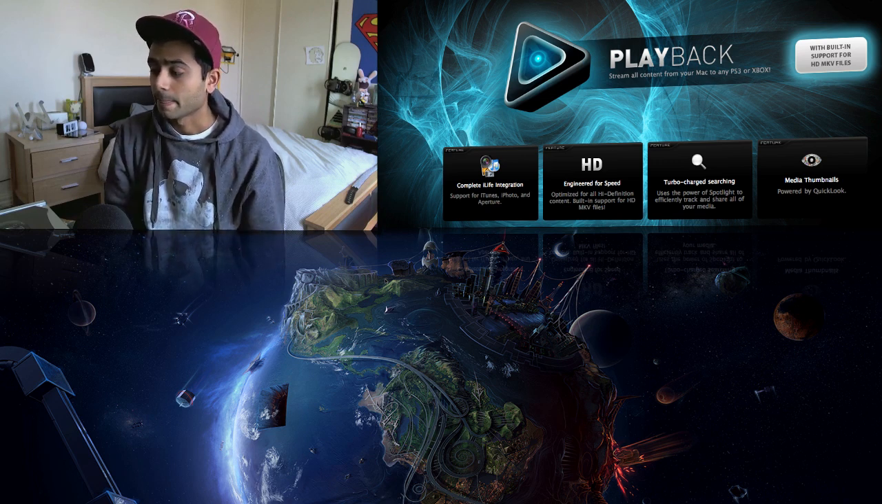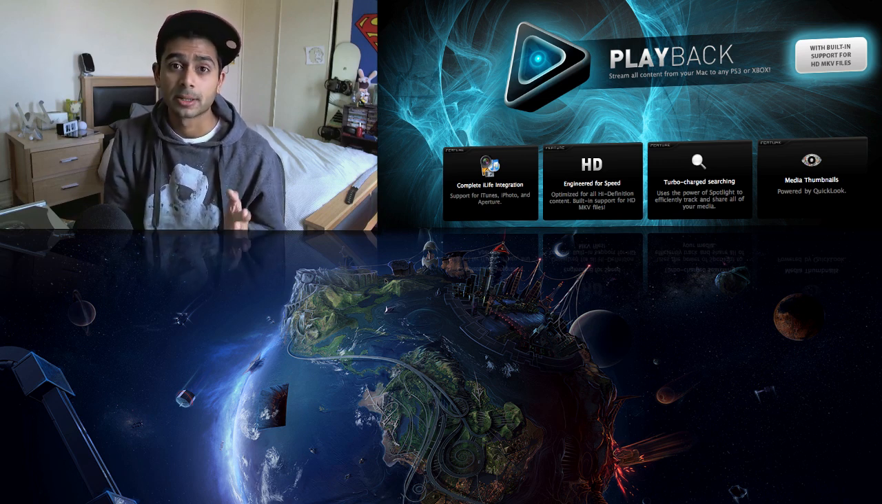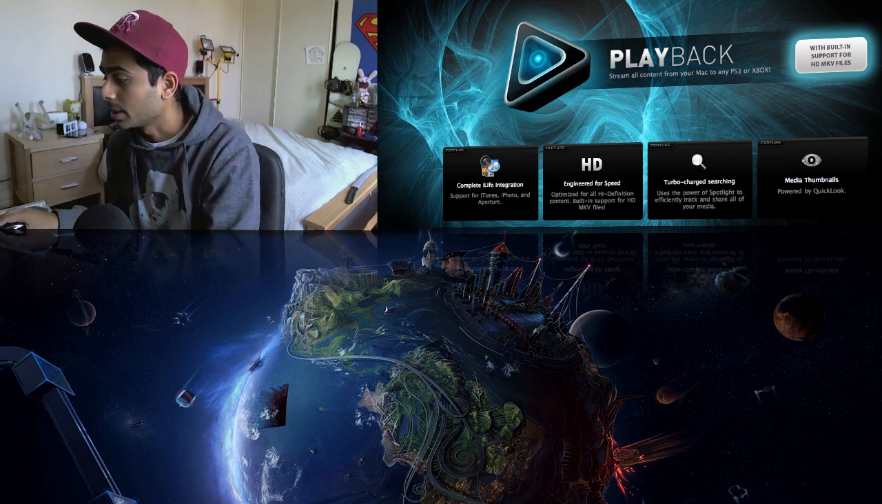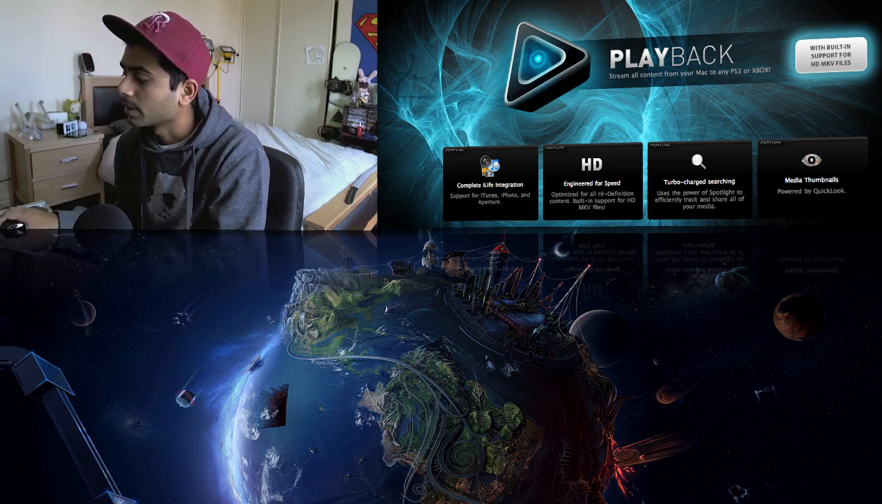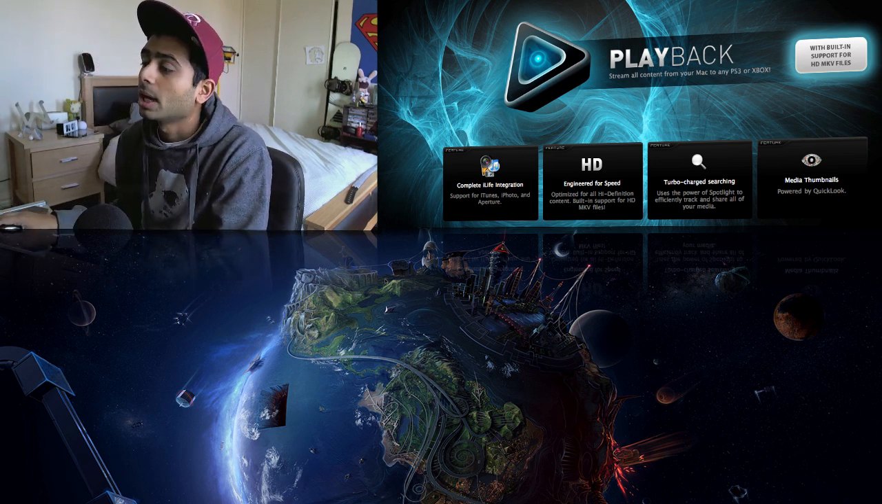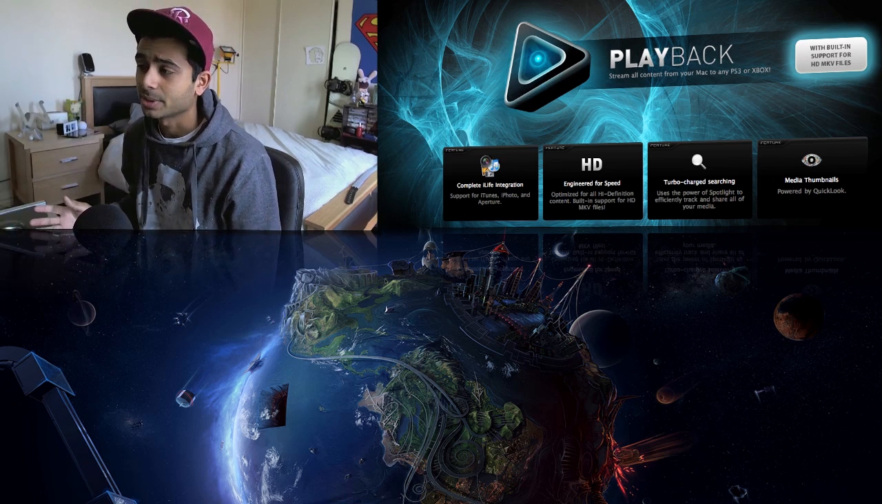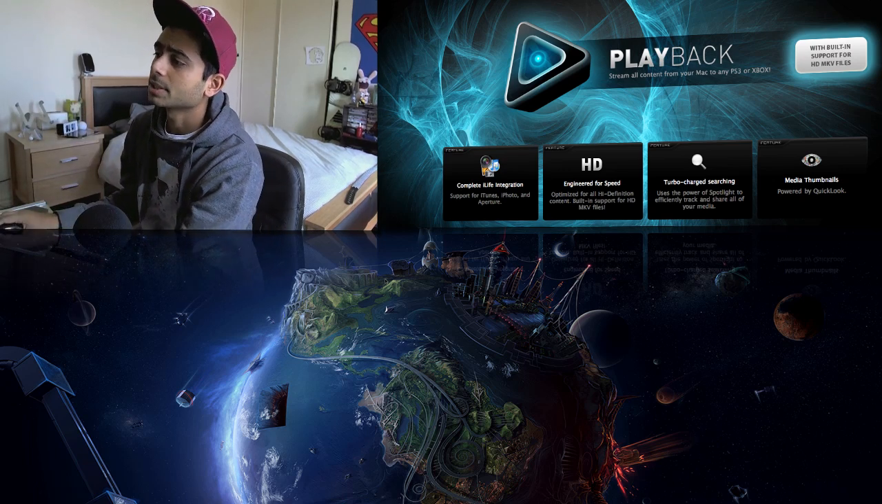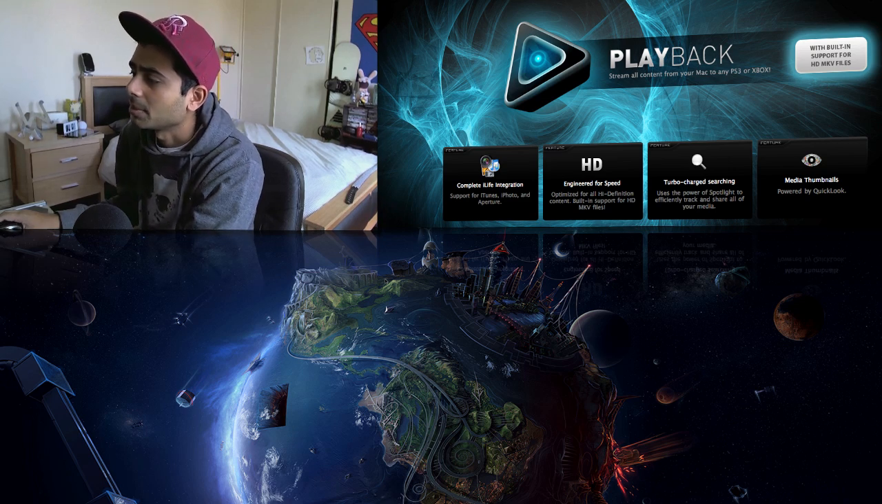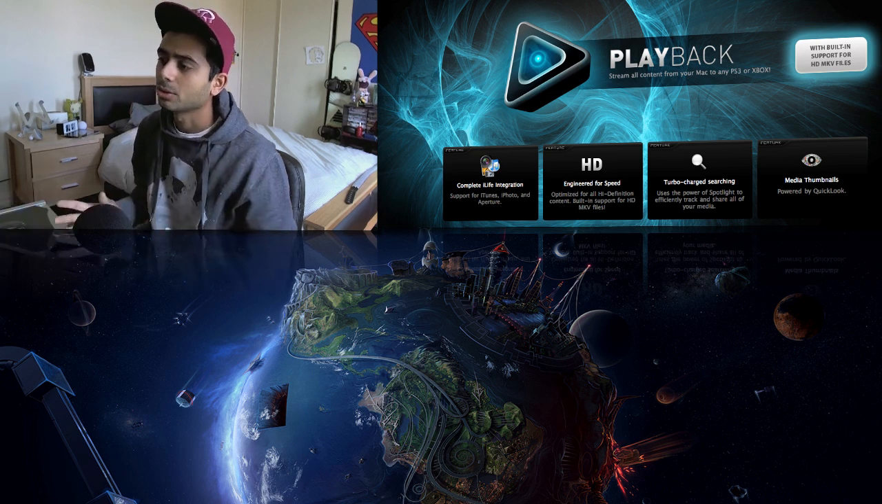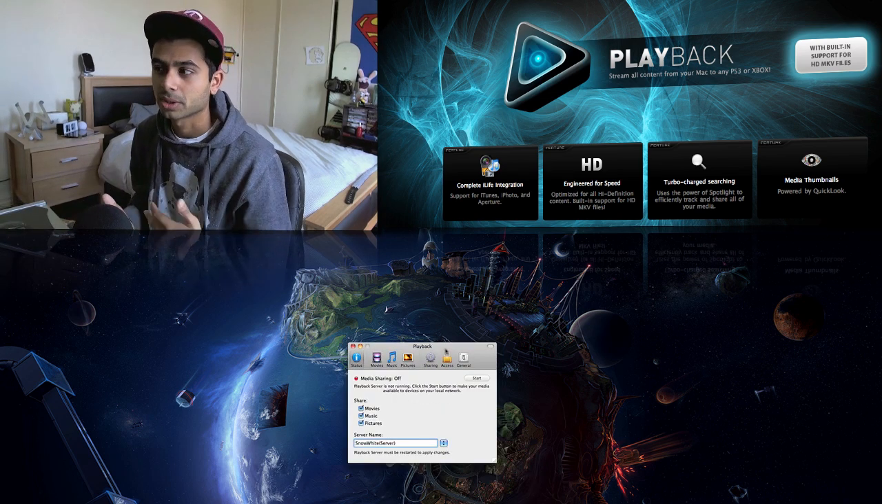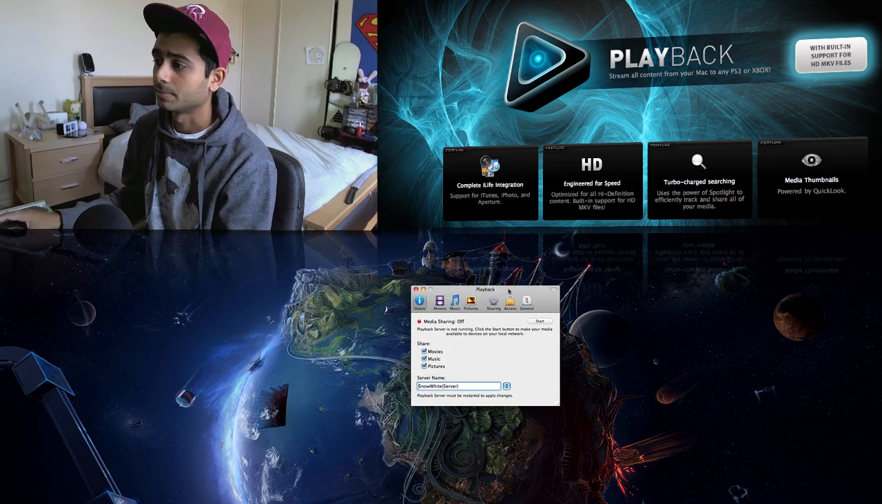But other than that, once you've purchased PlayBack, you want to install it and then open it. Now once you open it, it's a small screen. It's not too flashy, but it does what it does. So obviously you can start the media server, stop the media server, and so forth. Now what you want to do is share the movies, music, and pictures. Depending on who you're sharing with, or if it's just for home use, I recommend sharing everything, because